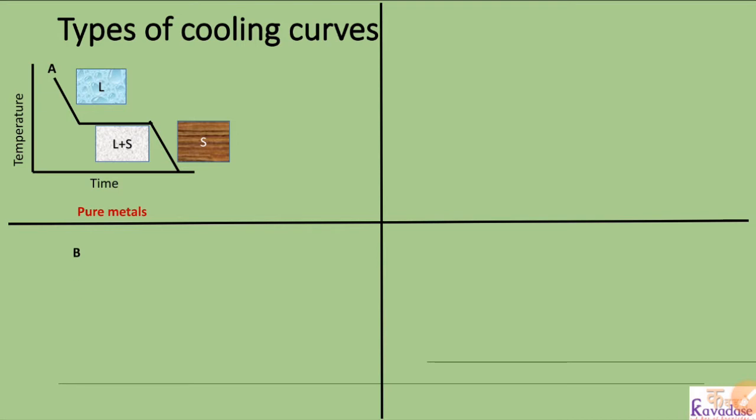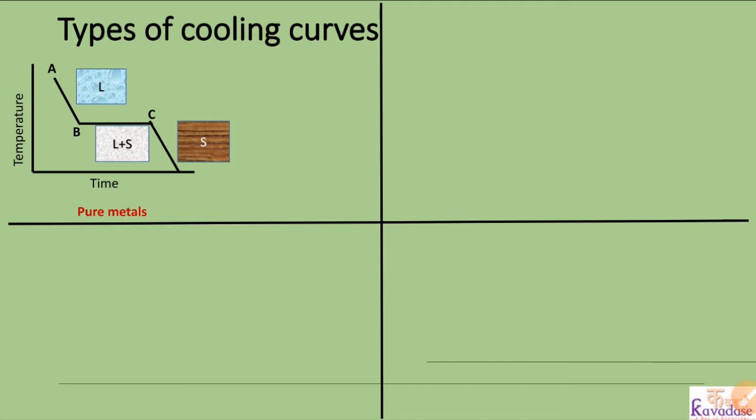So A to B is the liquid state. Only sensible cooling is taken place here. Okay, only means the liquid at higher temperature will come at lower temperature. And from B to C point, you can see there is a transformation takes place. Means at point B there is a complete liquid, and at point C there is complete solid. In between, liquid plus solid solution is there.